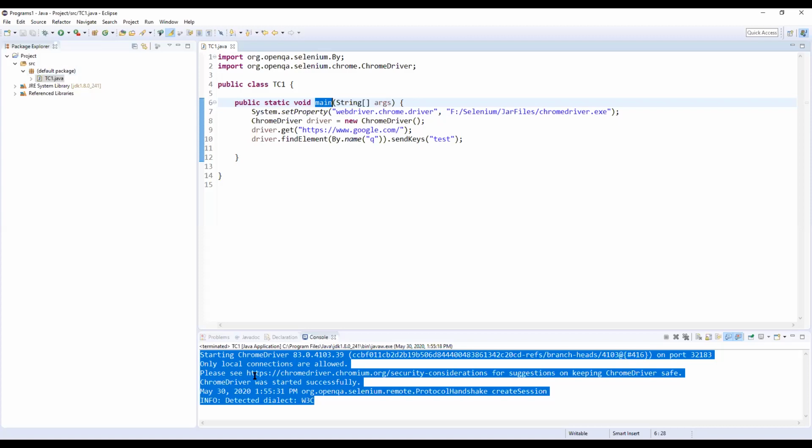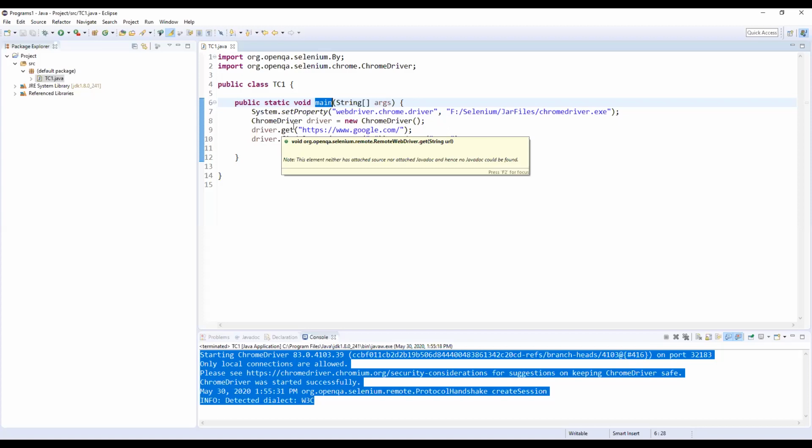The third one is, if you want to run 1,000 test cases one by one, is it possible using this approach? No, it is not possible, because if you open any class and run it, only this class will run. To run another class, you need to open that class and click on run, and do it separately for all 1,000 cases. Also, as you know, Selenium has the parallel execution concept. Is parallel execution possible using this Java project? No, it is not possible. So to overcome all of these things, we are using TestNG.